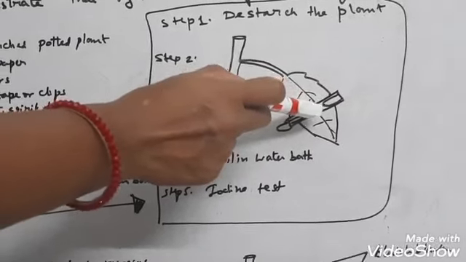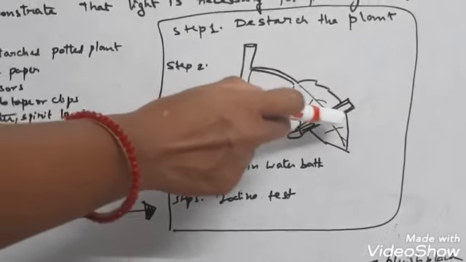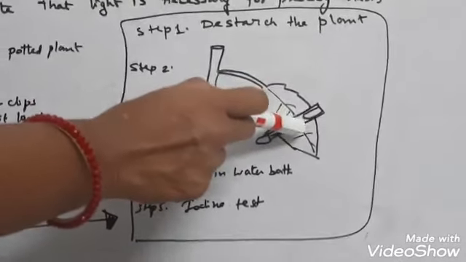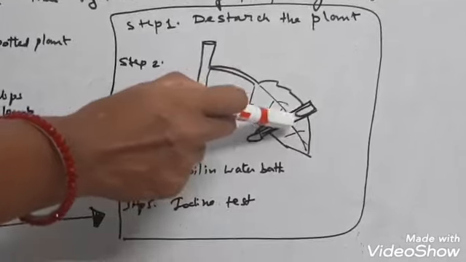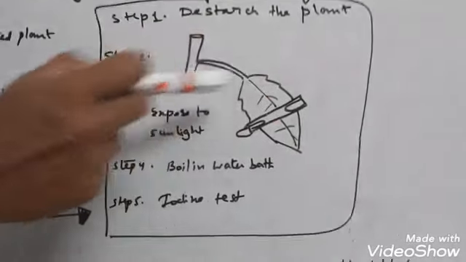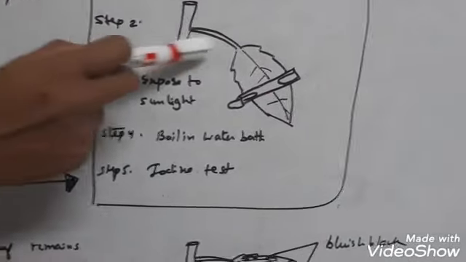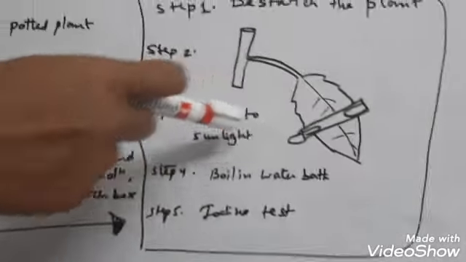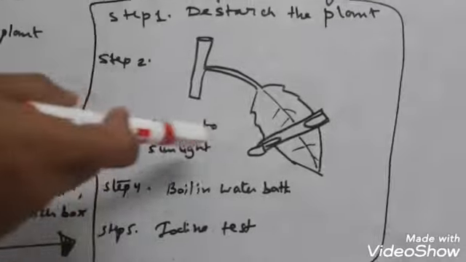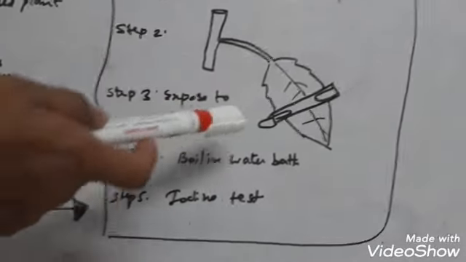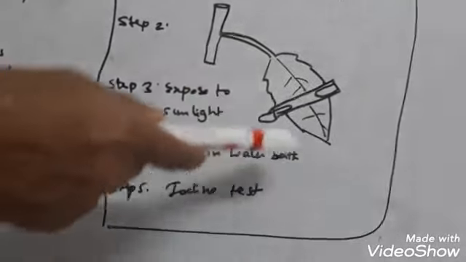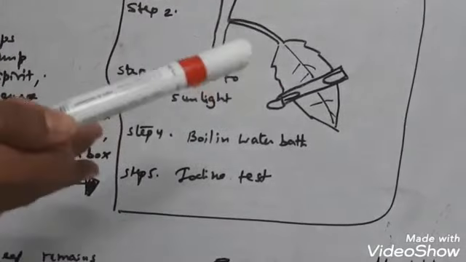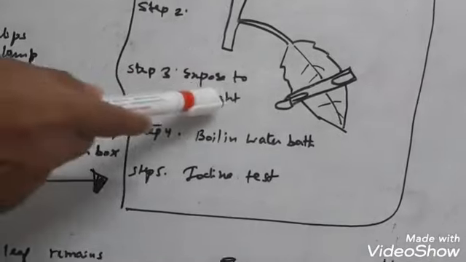Okay, or preventing it from exposure to sunlight, so that this part will be our experimental spot, to test whether light is important or not. Next, secondly, you have clipped it. Thirdly, what you will do, you expose this plant for the whole day under sunlight, or 1 to 2 days in the sunlight, so that the plant will synthesize food or glucose in a new way, okay, after keeping it from the dark room. Then you are exposing it to the sunlight.